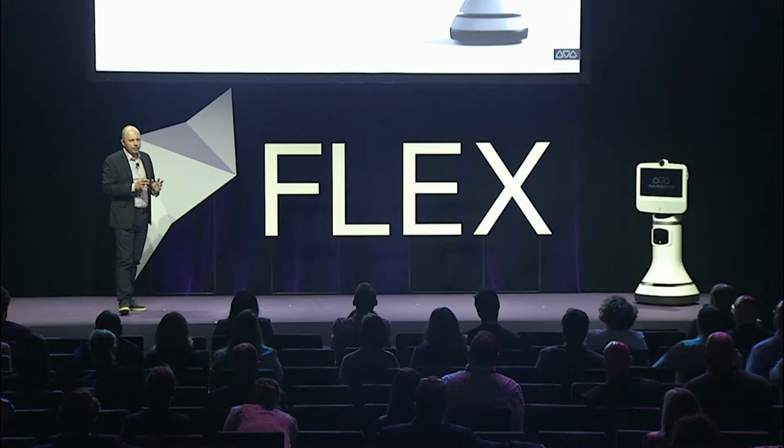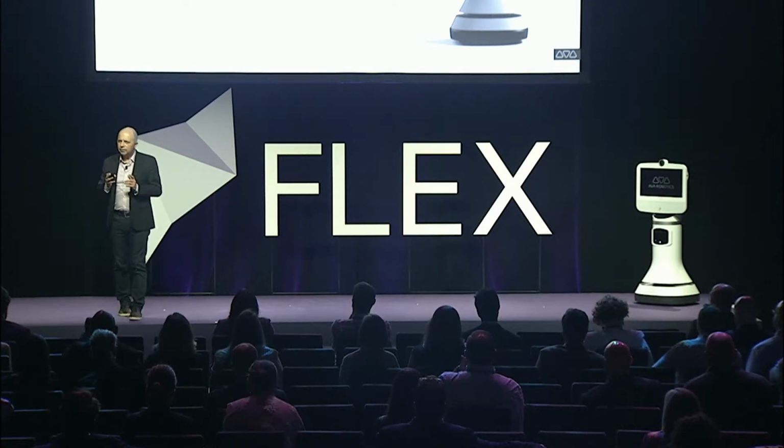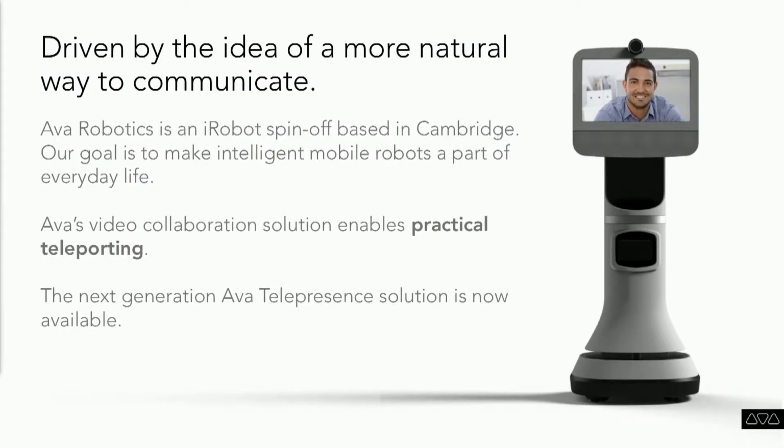A little bit of background about the company before we talk about the ideas. Ava Robotics is a spin-off of iRobot. So the ideas that we're sharing today, that we're working on, started as an R&D project at iRobot many years ago. My co-founder and I were there for a few years to grow a business and deliver applications for commercial spaces. And we had the opportunity to spin off the business a couple of years ago and lead this as